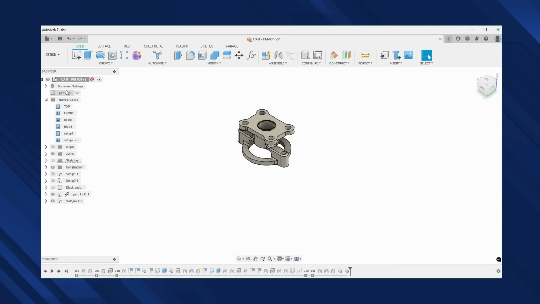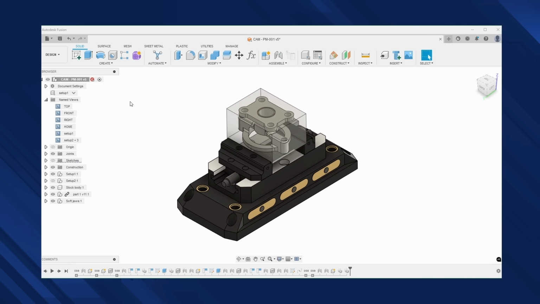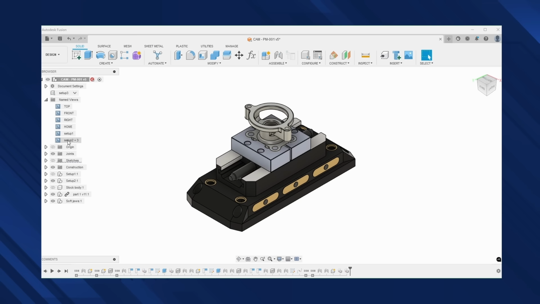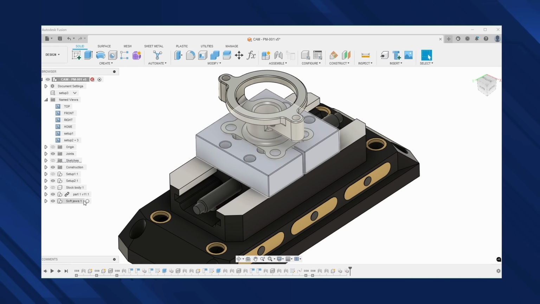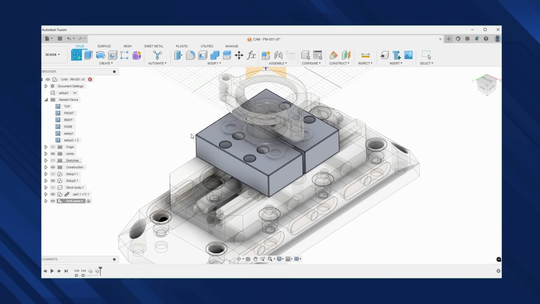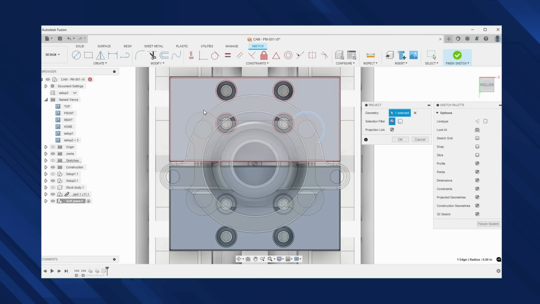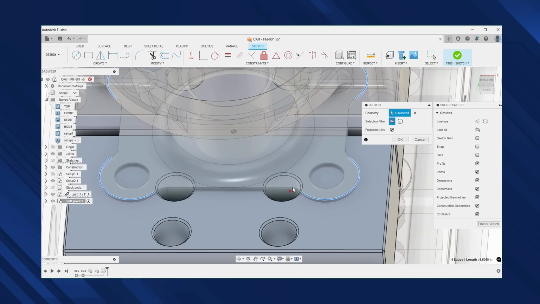I created the assembly off camera, so I'll give you a walkthrough right now of what we're looking at. For Op1, I'm going to put it in a 5th axis vise. We already have the stock body in this assembly. And for the final operation, I'm going to swap out those hard jaws for some soft jaws, and I'll draw those soft jaws right now. So what I'm going to do is enter into the soft jaw component and draw a sketch on the top plane. First, I'll grab some geometry from the part, starting with the 4 outer features, and then I'll grab some geometry off the walls as well.